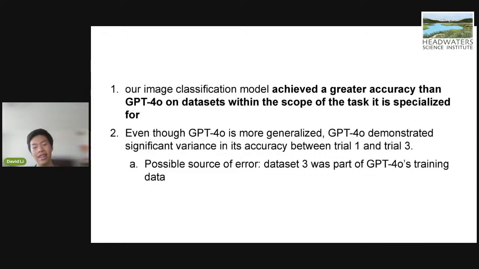That has to suggest that there is a difference between trials 1 and 3. And I think the possible difference is that trial 3 is publicly available data, and it might have actually been part of GPT-4o's training data, while trial 1 is completely new data. So GPT-4o would not be as familiar with the data presented in trial 1 as in trial 3, because we know that these companies like OpenAI scrape the entire internet for training data, and it's quite possible that the images in the third trial were part of its training data.